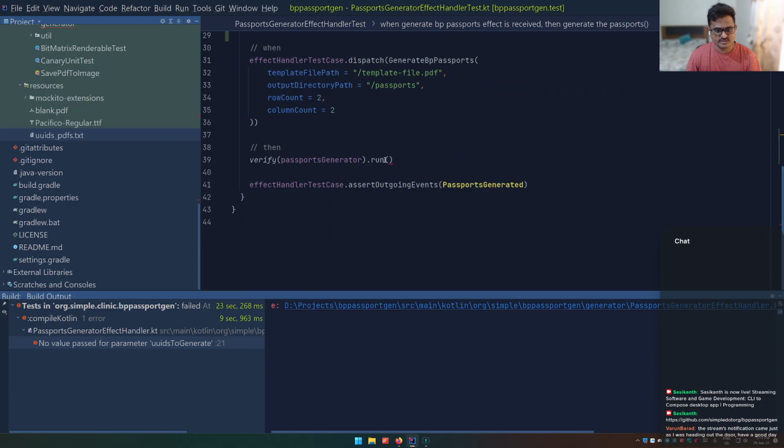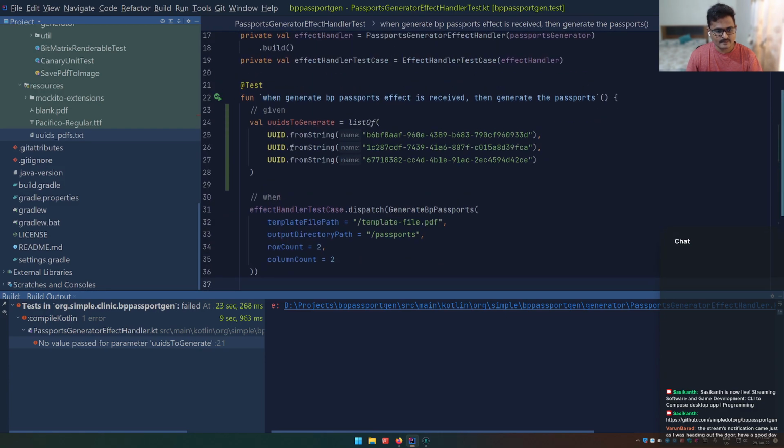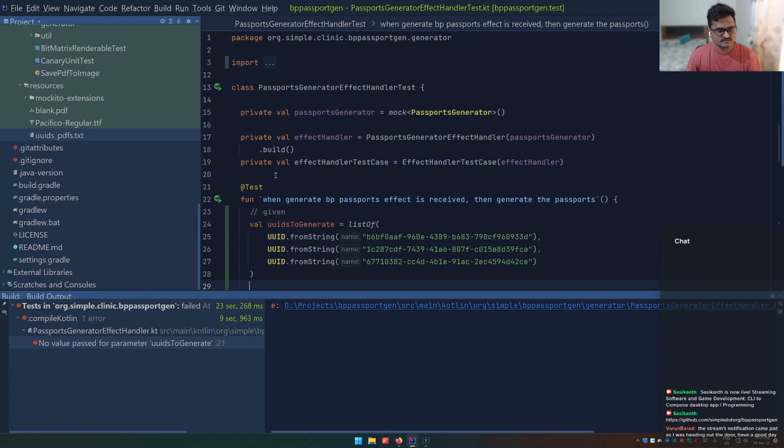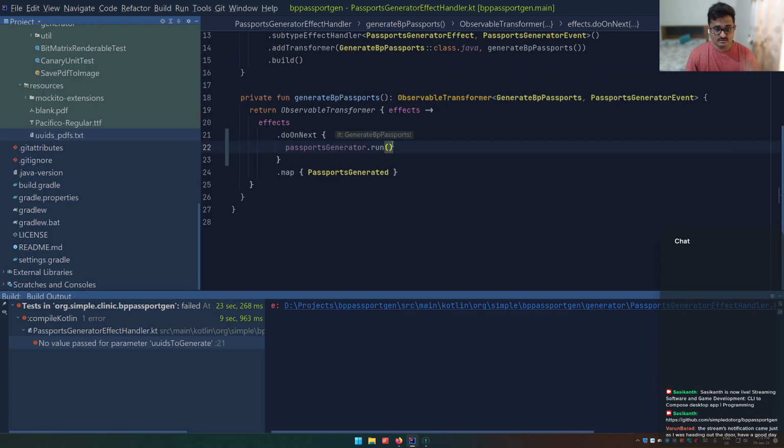Let's take three UIDs here. We are not going to verify, this is purely for mocking stuff, I guess. Cool. So this is throwing an error, and we need to resolve this. In order to resolve this,